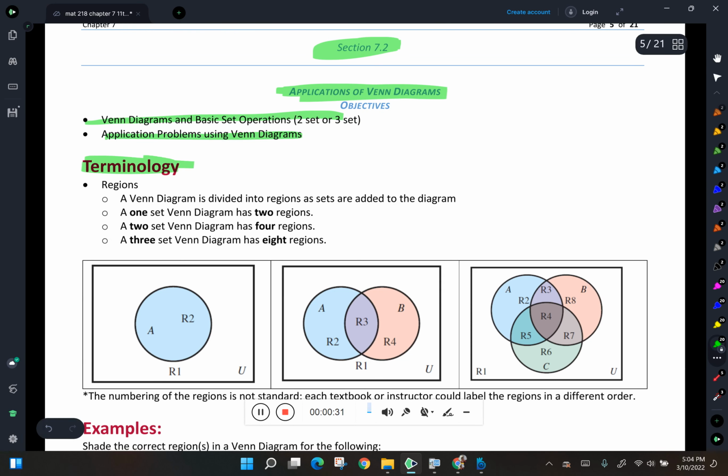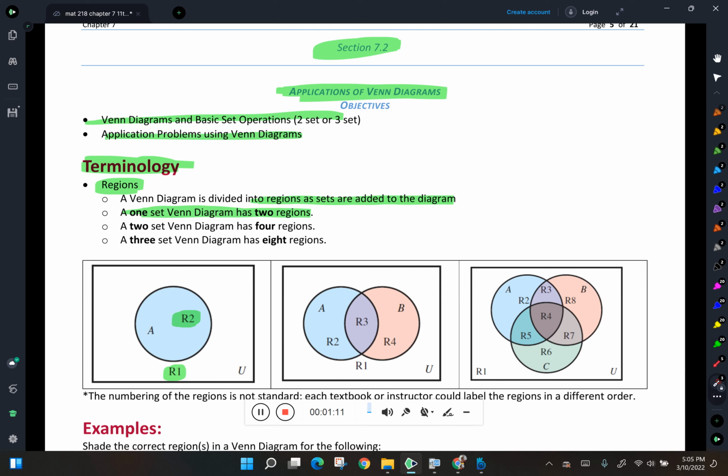Some terminology: regions. A Venn diagram is a picture that divides a universe into regions based upon sets, intersections of sets, and so forth. So a Venn diagram is divided into regions. As more and more sets are added to the diagram, more and more regions are formed. For example, a one-set Venn diagram has two regions, Region 1 and Region 2, because this first Venn diagram only has one set in it, set A,